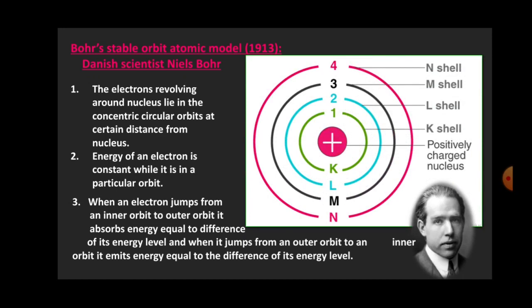Now, according to Bohr's atomic model, he postulated that the electrons revolving around the atomic nucleus lie in concentric circular orbits at certain distances from the nucleus, like the planets revolve around the sun in their specific orbits. Similarly, the electrons also revolve around the nucleus, and the nucleus contains positive protons. So the negative electrons revolve around the nucleus in their specific orbits, and these orbits were given the names